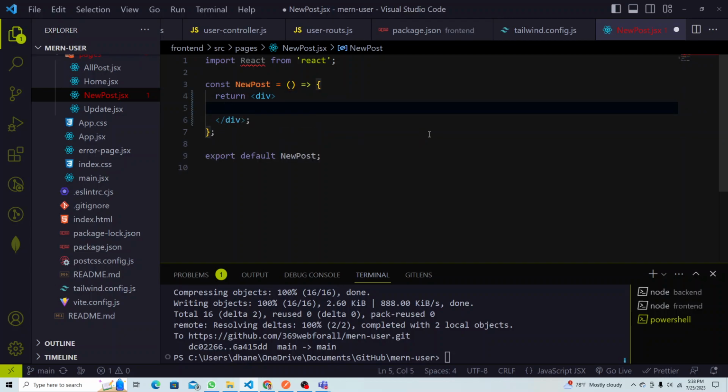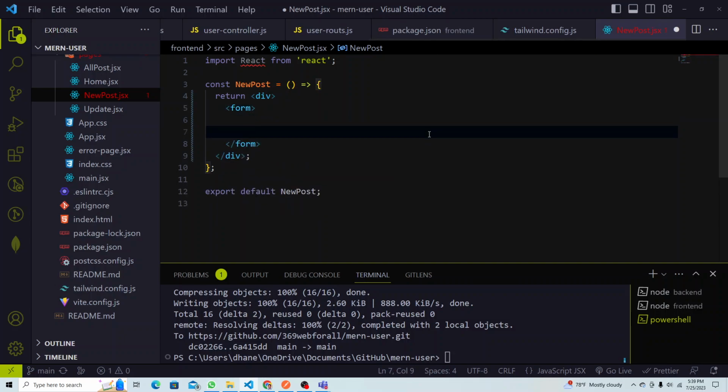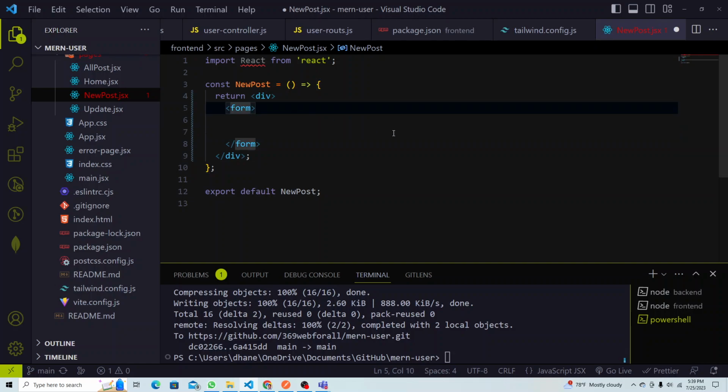So we have a div. What I will do is I'm just gonna put the form here. Yeah, let's add a form. So we're gonna have a form, and maybe we're gonna add the handle form later on submit, all that. We're gonna add that. So this form,